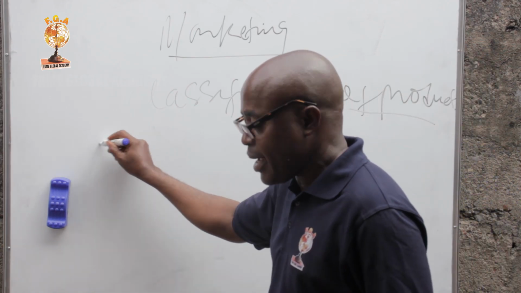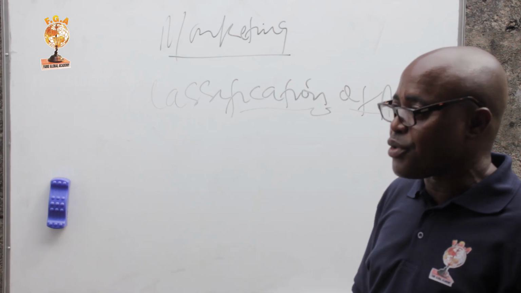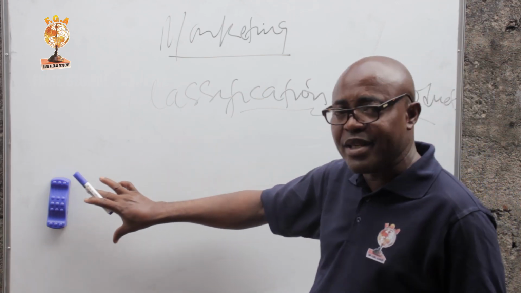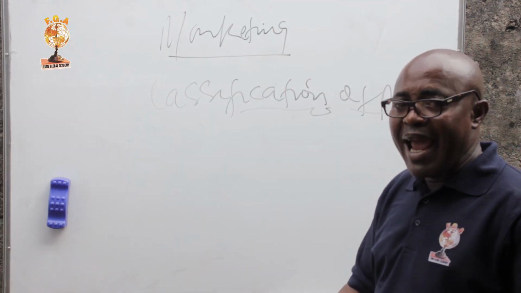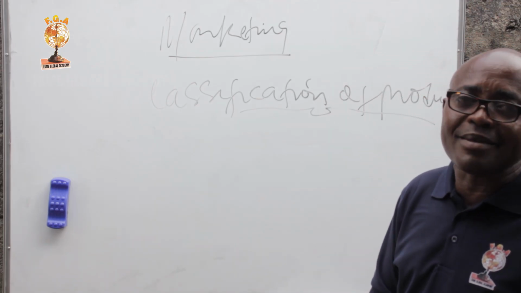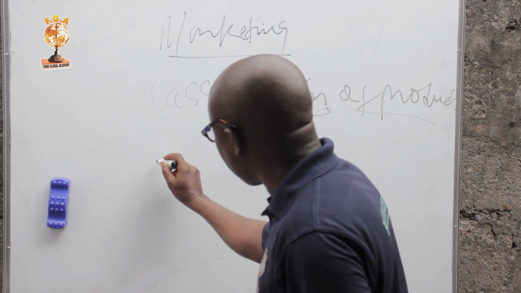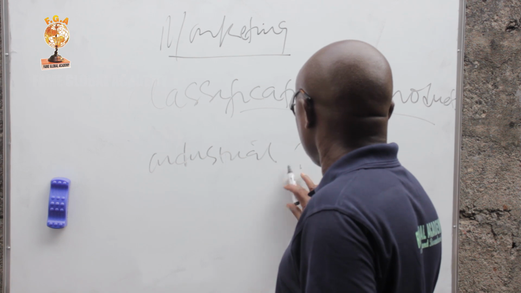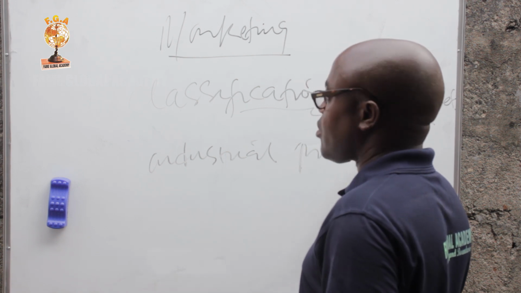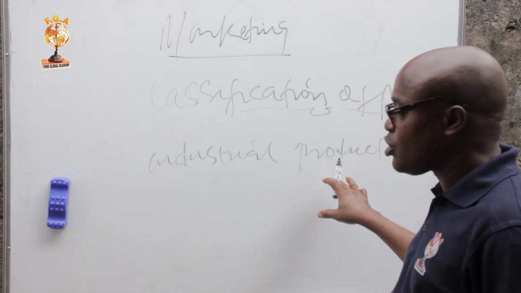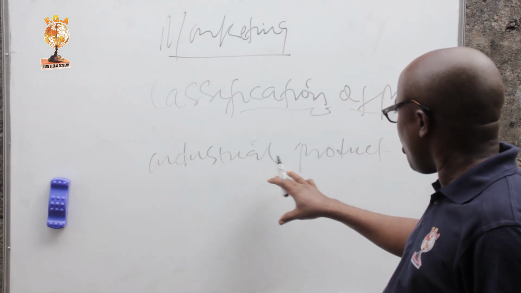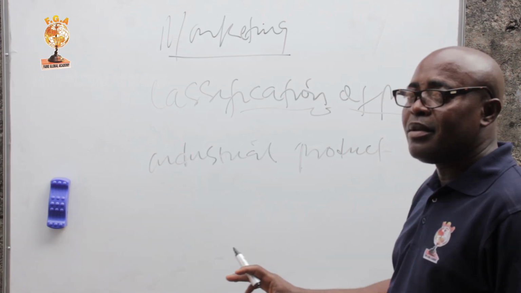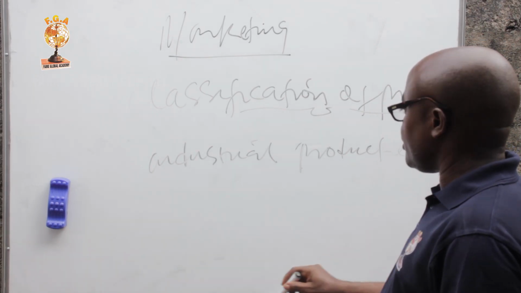Now, number one product here is the one we refer to as industrial goods. By industrial goods here, we are talking about extractions of raw materials. So here, number one, you have industrial goods, industrial products. Now here is mainly on extraction of raw materials. So this one cuts across, you have yam